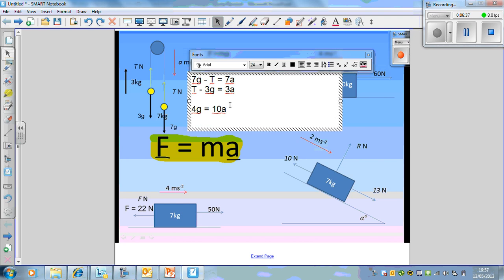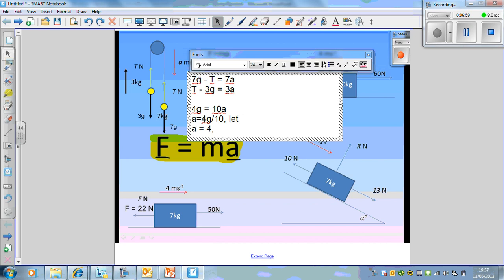Okay, and eventually we can get that a is equal to 4g divided by 10. Now, if we make g equal to 10, that just cancels out a lot nicer. So the acceleration here is equal to 4,